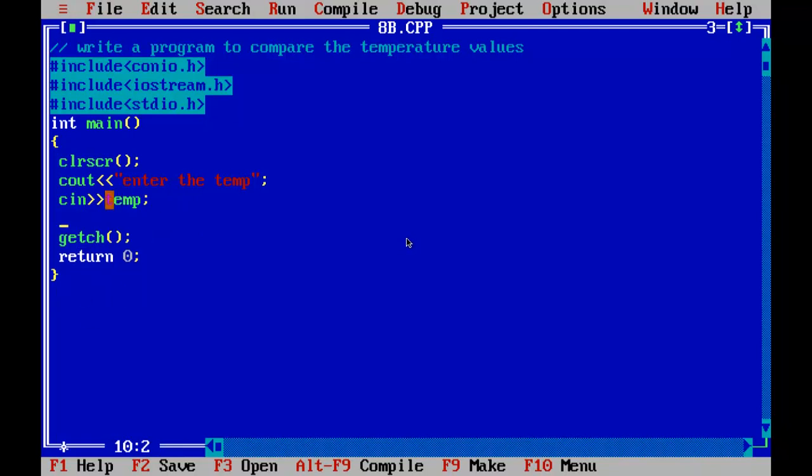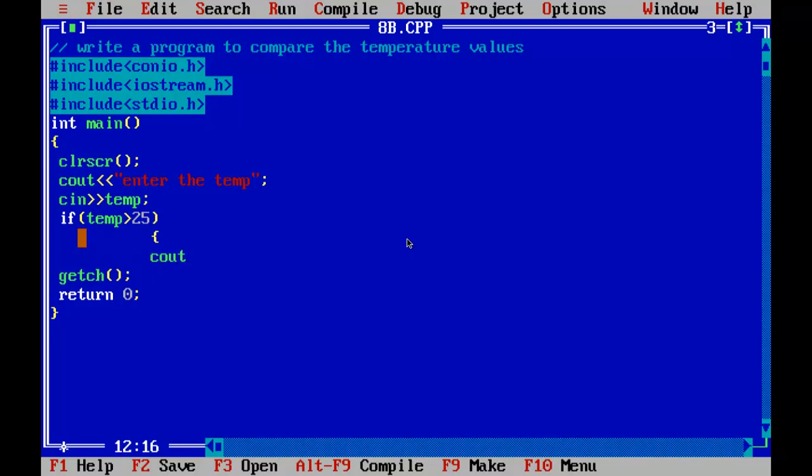Now the temperature value will come in that variable, will be stored in that variable. Now using an if statement: if bracket start, temp greater than, as per the given criteria, we set greater than 25, bracket close, and start the next line with curly brackets. Always put curly brackets.